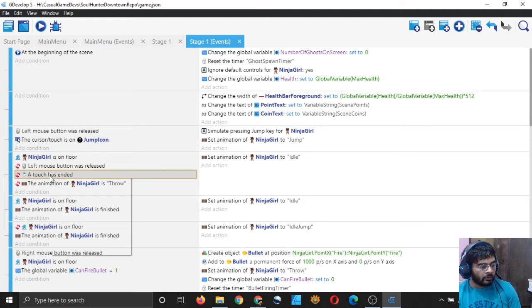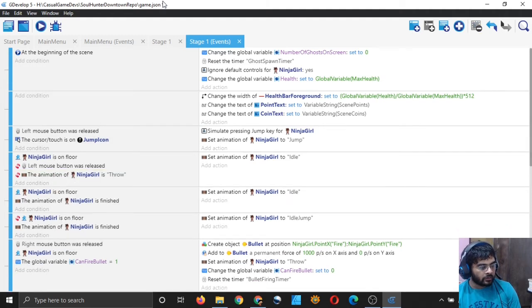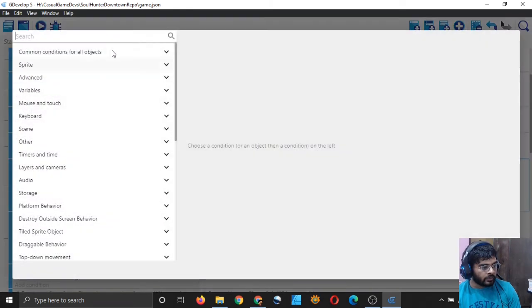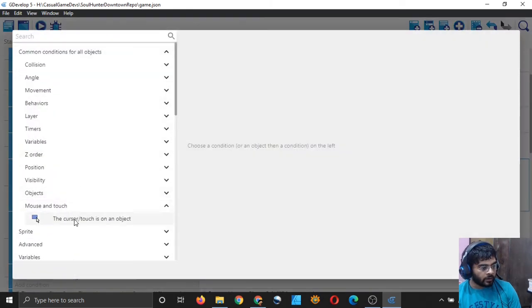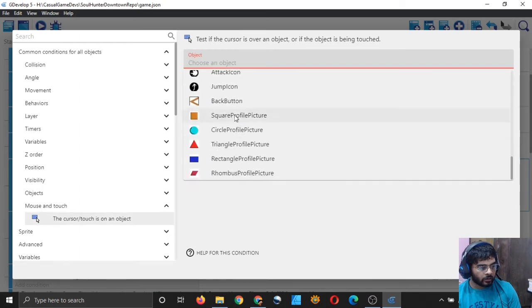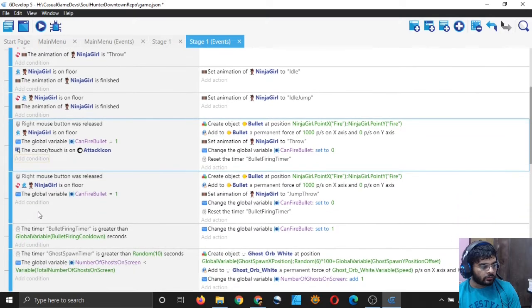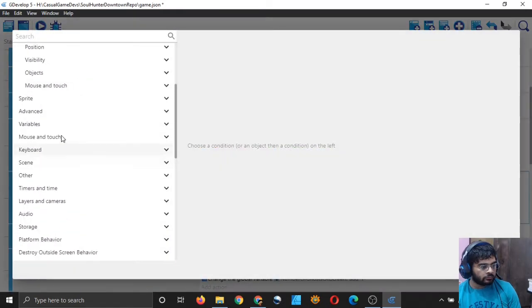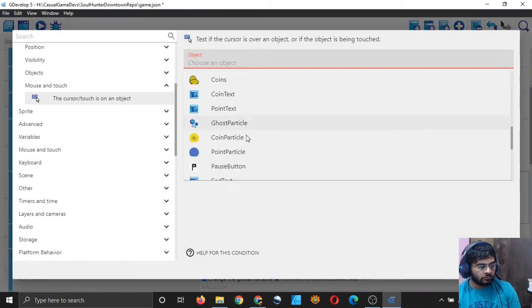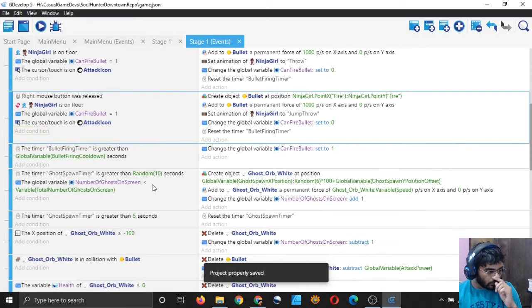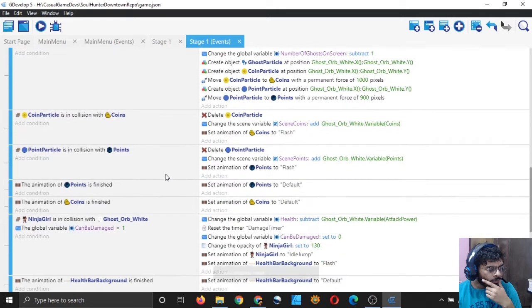So I will remove the touch as ended because I don't want to test for it. And here I will simply see if my cursor or touch is on my jump icon, sorry, attack icon, right? So here also attack icon. So now this looks good.